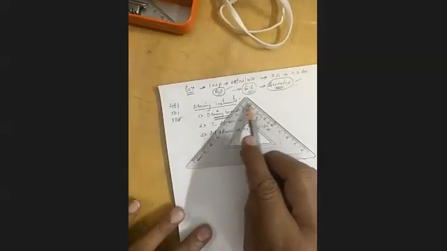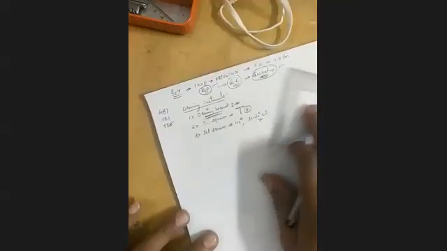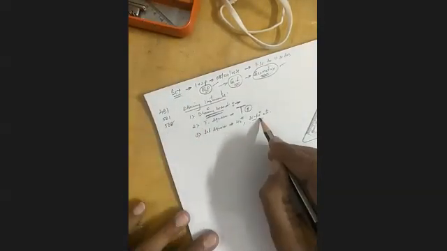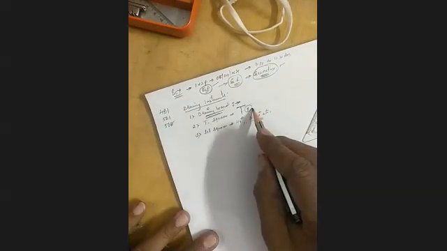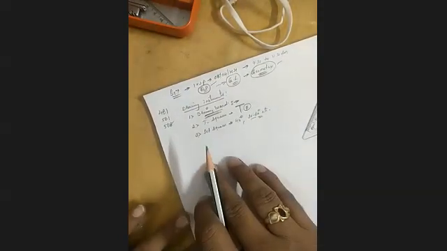This is 45, 90 plus how much it is? 90. Always the internal angle of any triangle is how much? 180. Remember these things. So we have two set squares already. One is there in my compass, I have not taken it. That is 30, 60. One side is 30, another side is 60, another side is 90. Obviously, we are able to utilize it. So those are the set squares we are using.